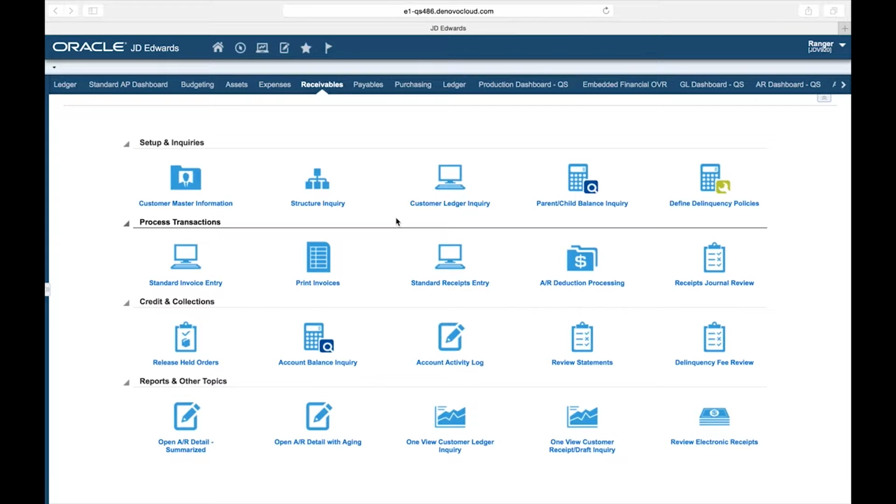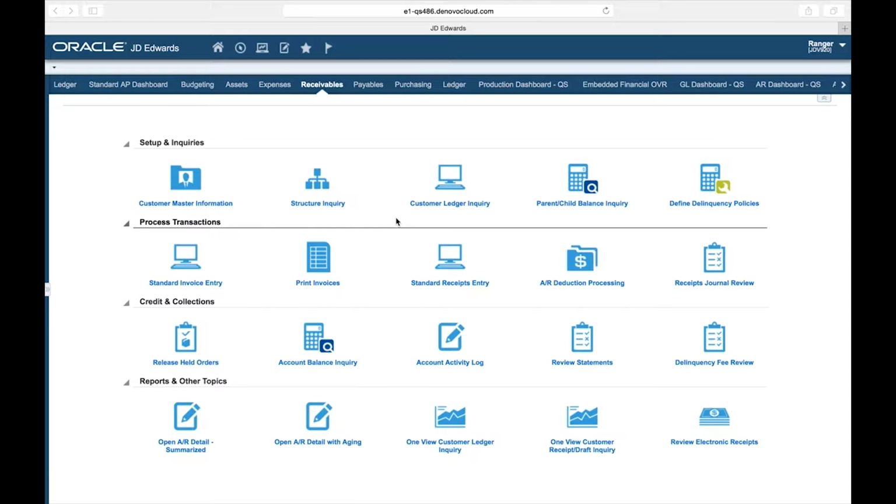I'm going to go through our application builder module and show you how to build an application from scratch that allows you to track additional information in JD Edwards and also add some pretty neat functionality to that application. We're going to add things like buttons to the screen. We're going to add some formatting to some of the columns